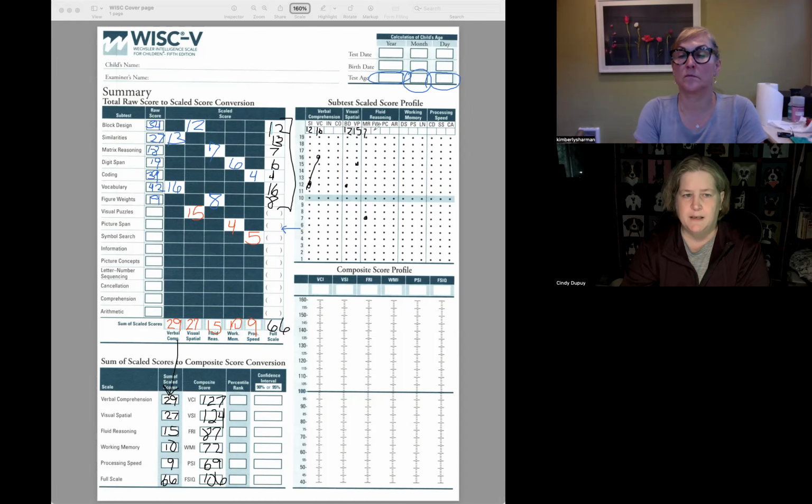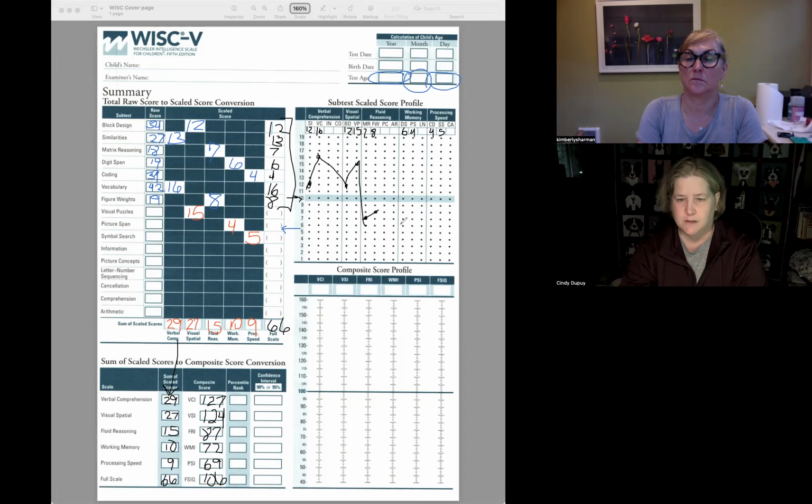Matrix reasoning was a 7. Figure weights is an 8. Digit span is a 6. Picture span is a 4. Coding is a 4, and symbol search is a 5. Okay, so you'll notice now that I'm drawing lines between these various subtest scores. Now, smack here at 10 is average. Okay, but when we go in and we start graphing this,